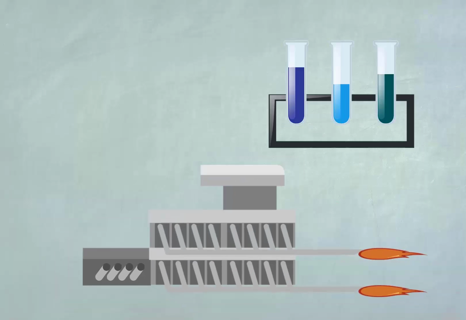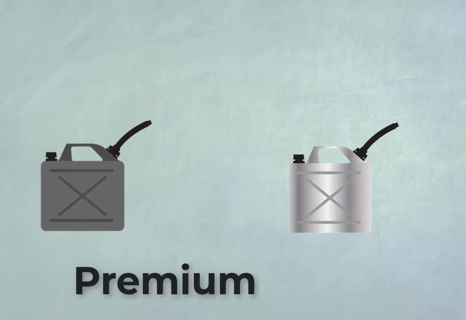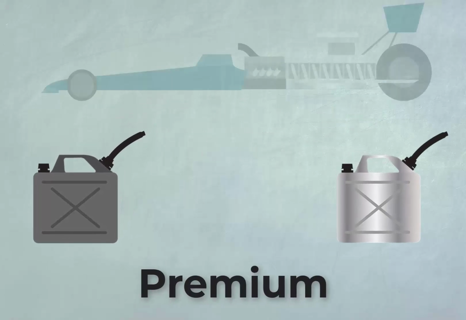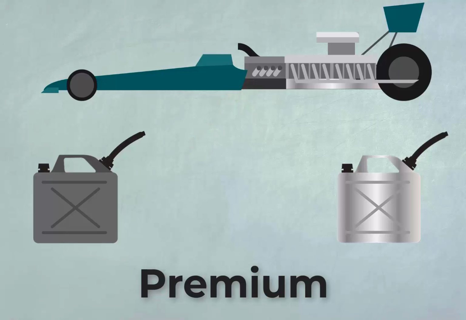The bigger the engine you've built, the more dividend additives your car will be entitled to, assuming that you've also been putting the necessary fuel or premiums in along the way. I'm showing two cans of fuel because some of it goes to the base policy, which will be burned much less efficiently in the short run, but still yield respectable long-term results on its own. And some of your premium fuel will be devoted entirely to the PUA rider, where it boosts both immediate acceleration